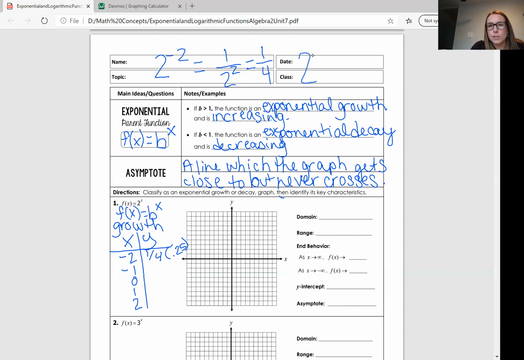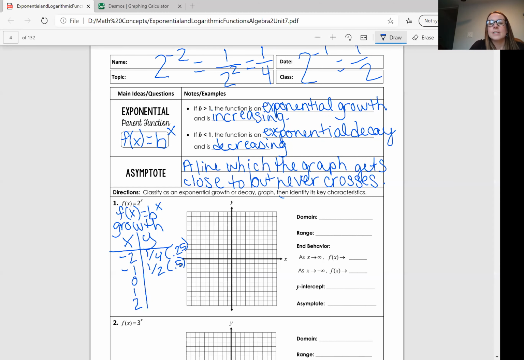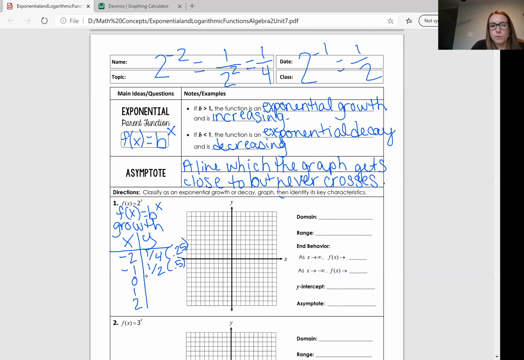If it was 2 to the -1st power, you'd really flip it, so it'd just be 1/2. And we know 1/2 is 0.5, okay? Anything to the 0 power is always 1, okay? That holds true for everything. And then 2 to the first power is always whatever your base is, so that's 2, and 2 squared is